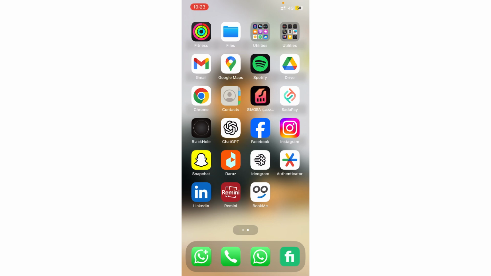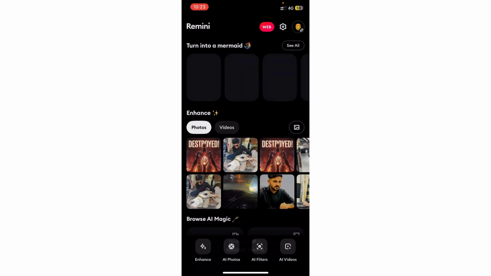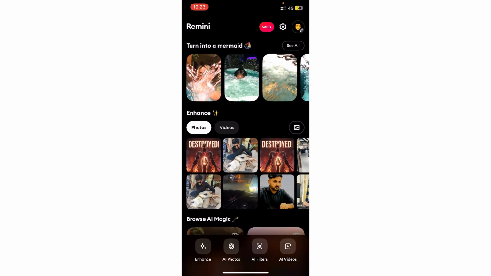Welcome back. In today's video, I'm going to show you how you can enhance your photo on the Remini. So let's get started. First of all, we simply have to open the Remini app, and after opening it, we have to wait a few seconds until it loads. And after that, as you can see, we have to choose the photo